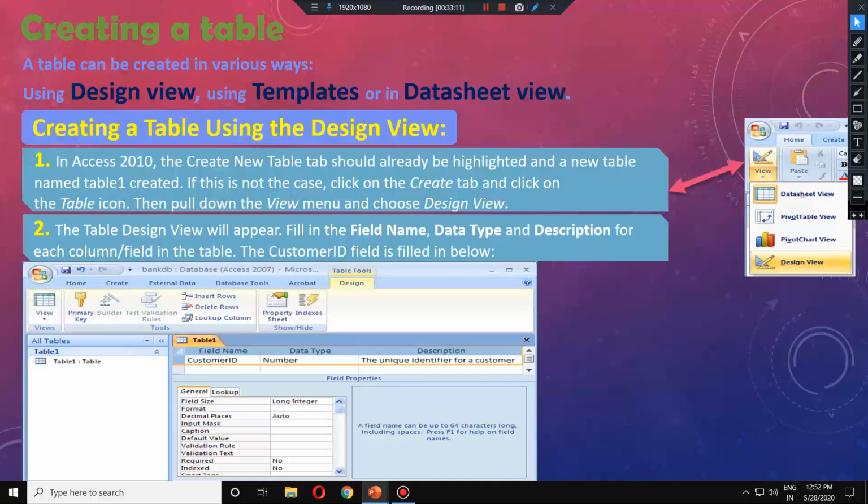So if you want to create your own table, better you use either design view or datasheet view. In your course we will be using only design view, as according to the syllabus we have only this one, so we are going to create a table in design view.